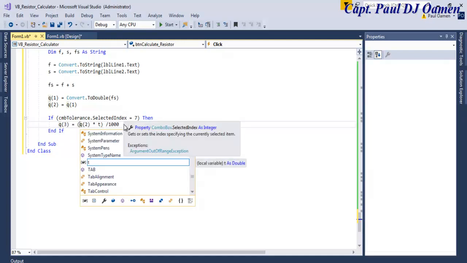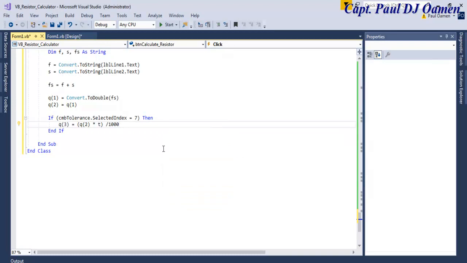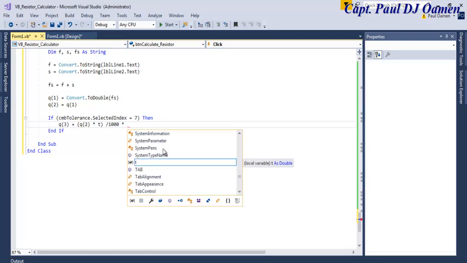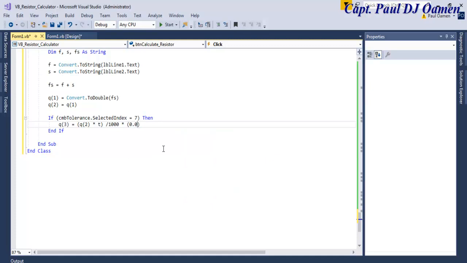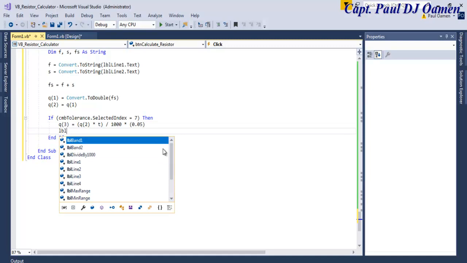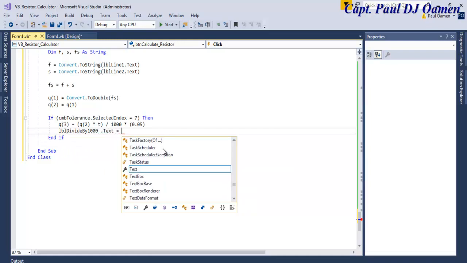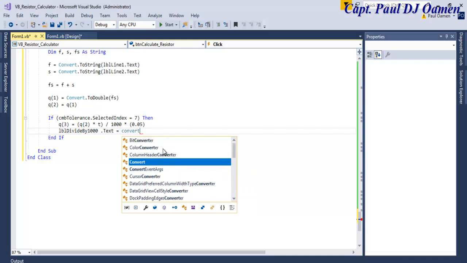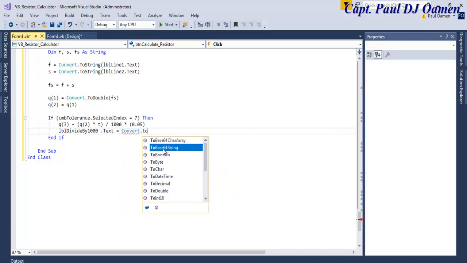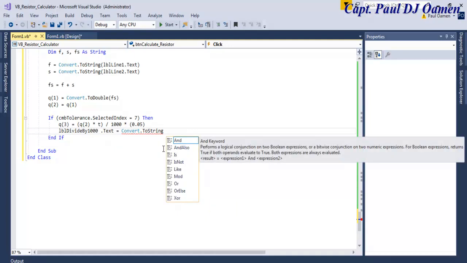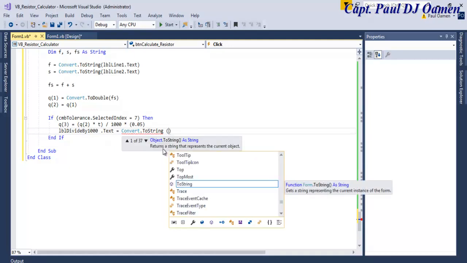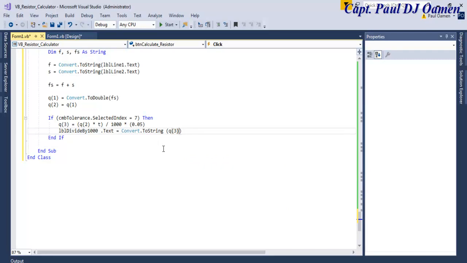Now that that is done, let's multiply that by 0.05. That is for the gold. And we now say LBL divide by 1000.text equals Convert.ToString, that will be Q3. We've just converted it to string,